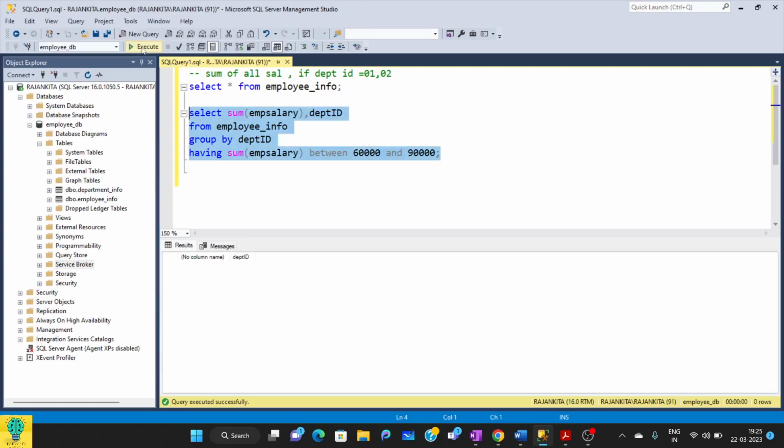So if I run it, no one falls into this category. Let's reduce it. Let's see if it is 50,000. Still no one. Let's make it 10,000, 1 lakh. Now let's see how many people come into that. Okay, no one is falling into that category. Let's just check it first. How many people are falling into what category. So okay, so we have